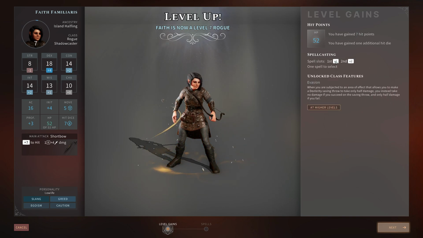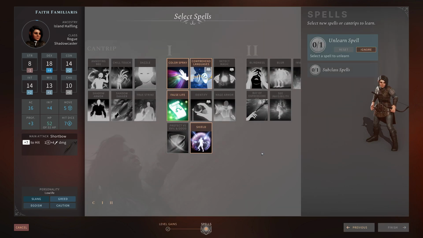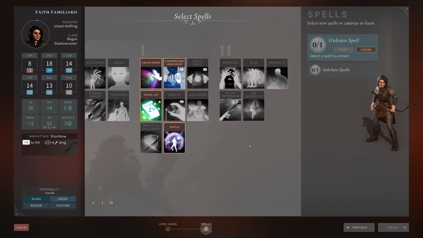We've gained a first level spell and 2 second level spell slots, and we've unlocked class feature Evasion. When you are subject to an area of effect that allows you to make a dexterity saving throw to take only half damage, you instead take no damage if you succeed the saving throw and only half if you fail. That is excellent. And now we need to